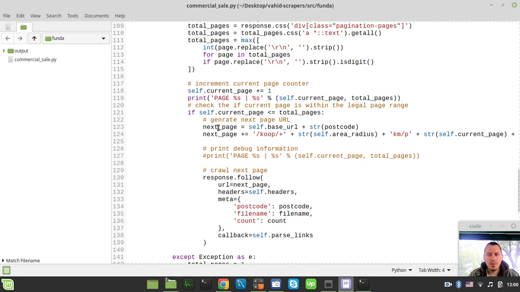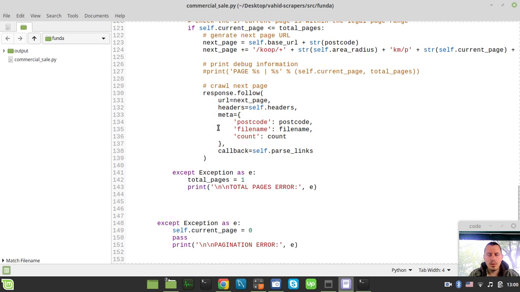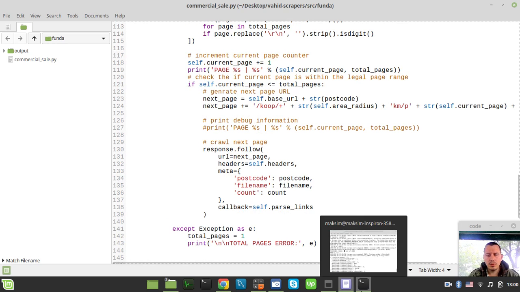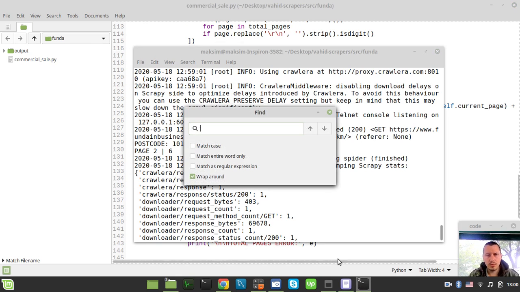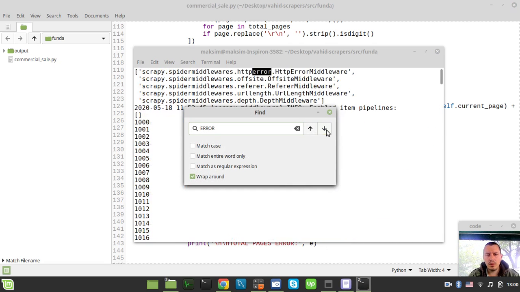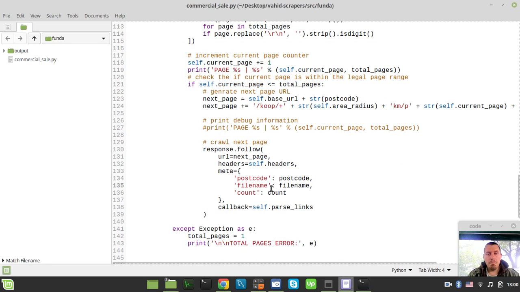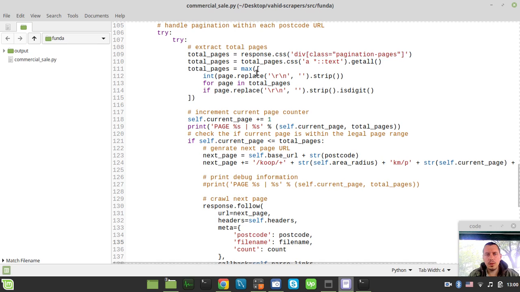Well, this is very strange, we don't seem to have any errors, right? I have no idea. It's literally the same. It just prints the page number 2 and